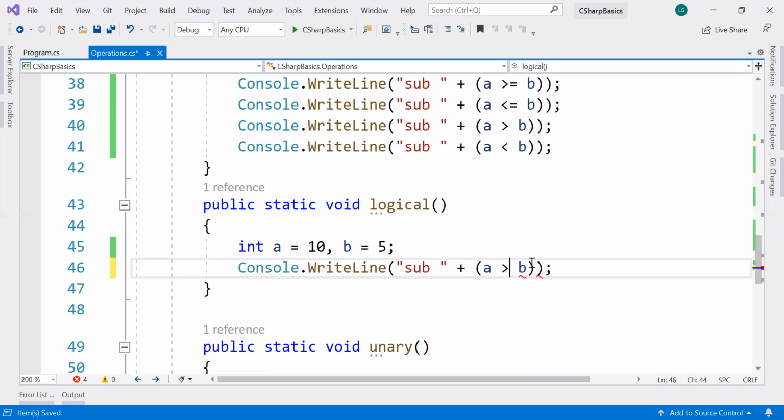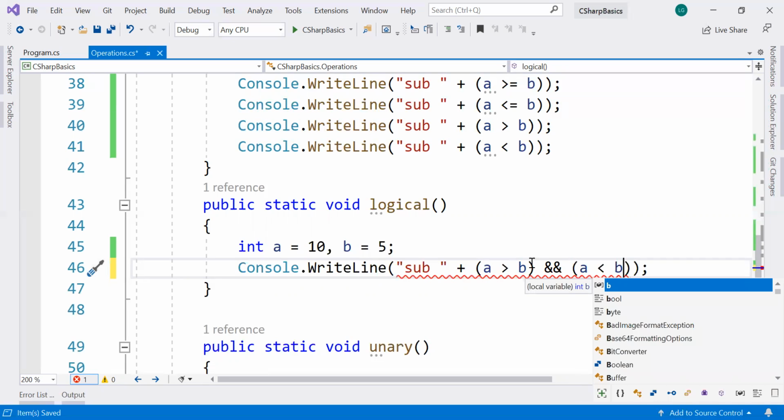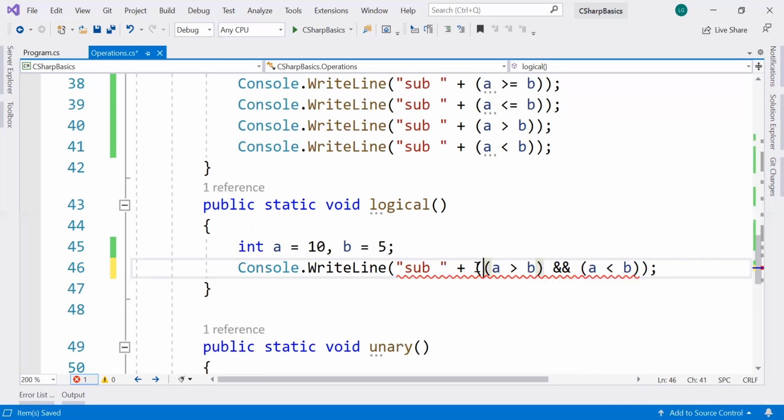Like greater than, and here the and symbol, then again a less than b.